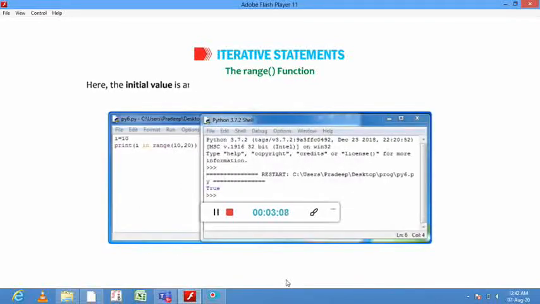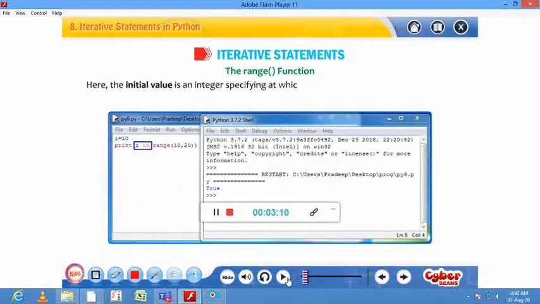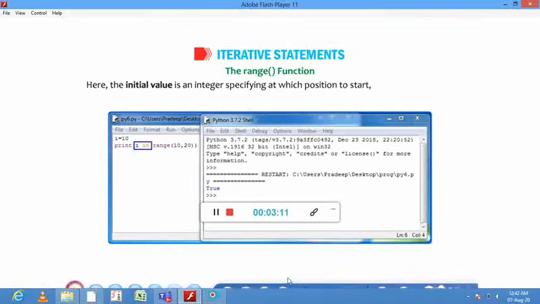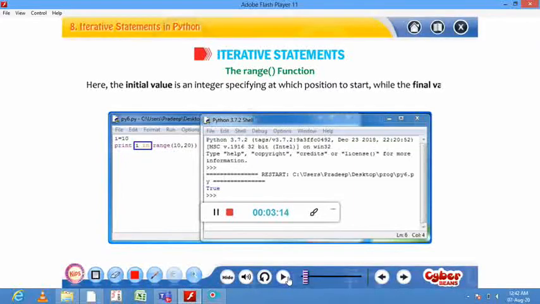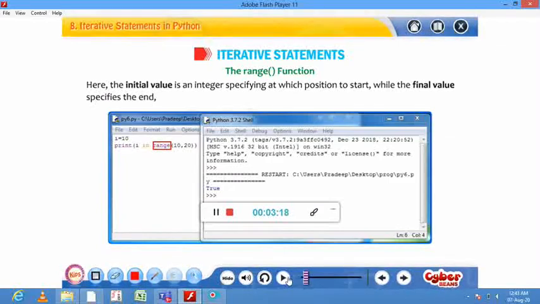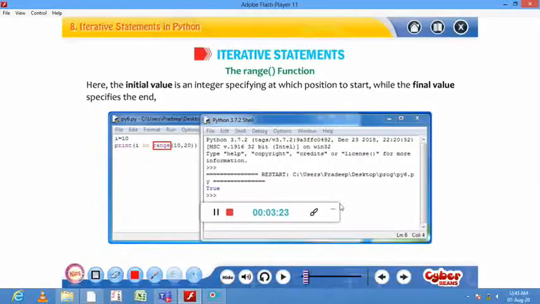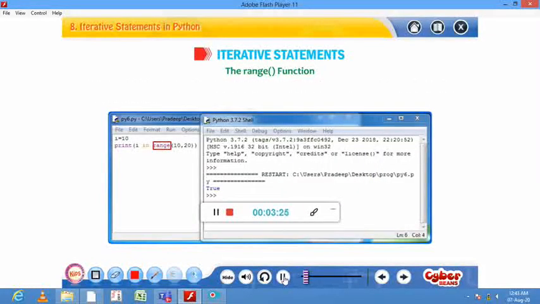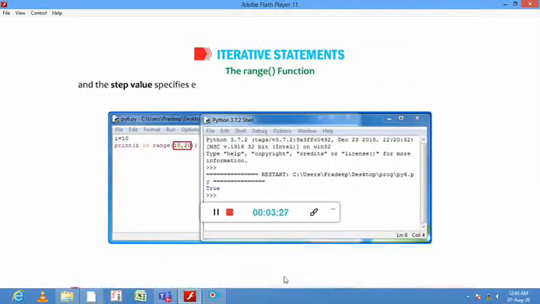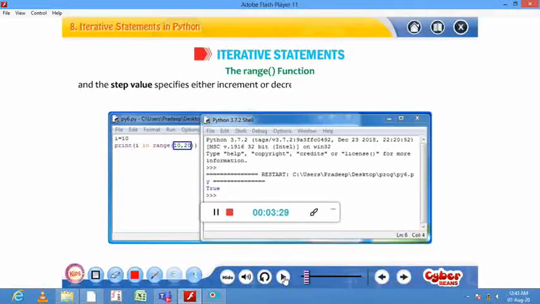Here the initial value is an integer specifying at which position to start, while the final value specifies the end. And the step value specifies either increment or decrement at each step to reach the final value.